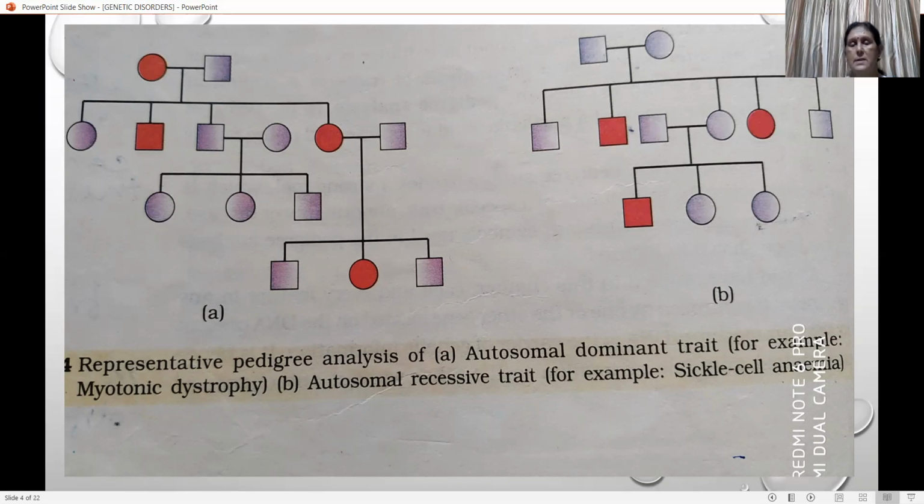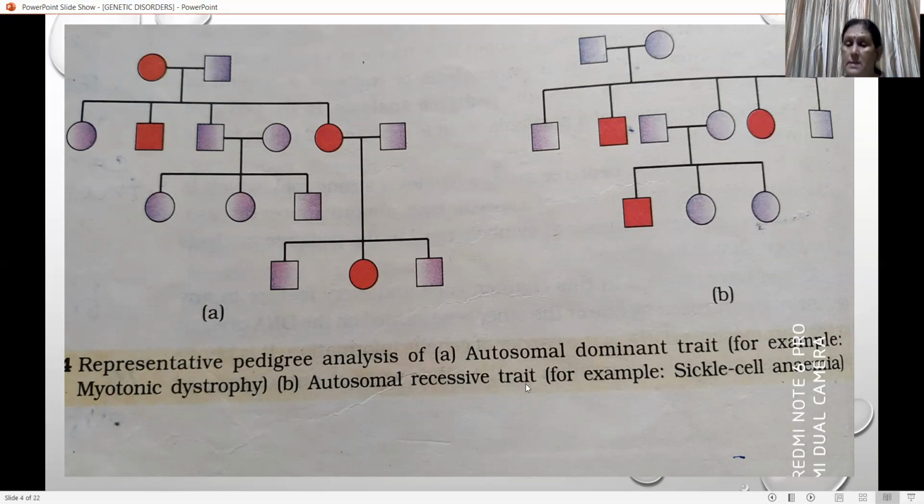But in this case, the parents do not exhibit any symptoms, but they carry some kind of gene that will be expressed in the near future, during gamete formation. In the next F2 generation also, normal parents marry together and produce one affected son and two unaffected daughters. That means the female carries the gene, but in the next generation it appears again in their son. This type of disease is found in autosomal recessive trait.